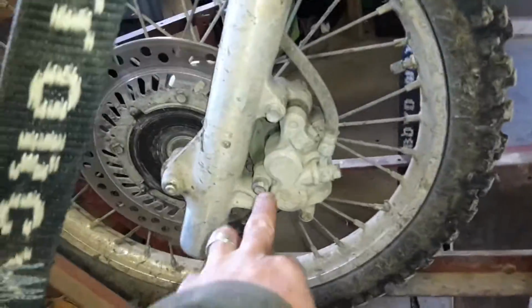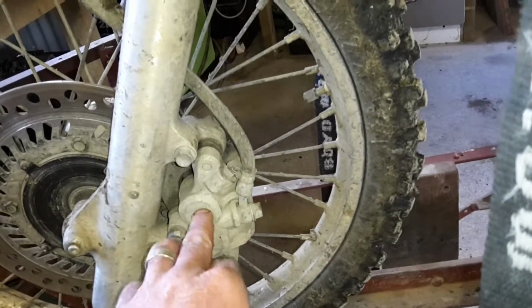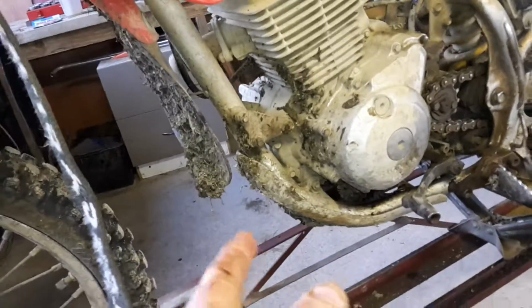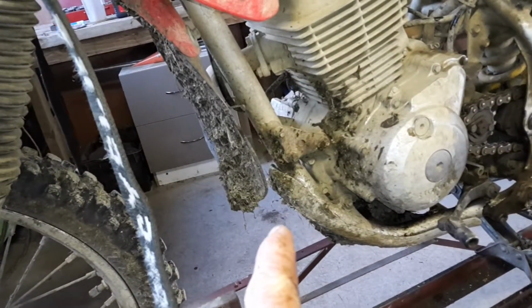So now I'm going to have a go at fixing these front brakes. I think the pistons might be getting a bit seized. The cow crap is extremely hard on bikes. It's the reason why in the last video I said that we try and use the two-wheeler more than what we do with the four-wheeler, because